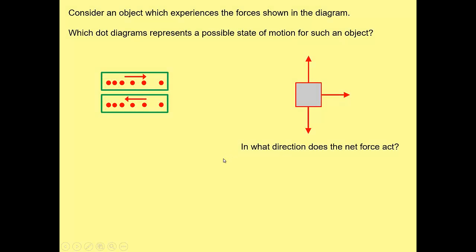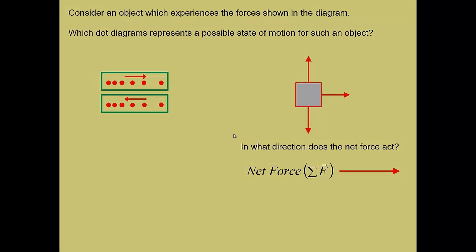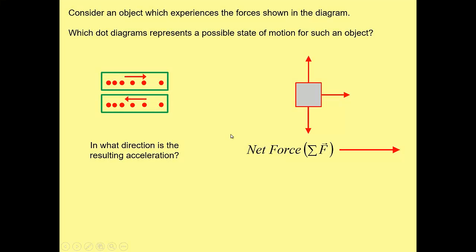But I want to add in a little thing now. So look at the force diagram. What's the direction of the net force? Well, it's to the right, right? Because this force is out here all unbalanced. But here's the key question: what's the direction of the resulting acceleration? Well, let's take a look at the top one. It's moving to the right and speeding up. So let's think about the rules that we know, right, for acceleration. And remember that the vector nature of acceleration is fairly complex. Right? We did learn a little thing that we saw in our speeding up and slowing down activity last unit, which is that